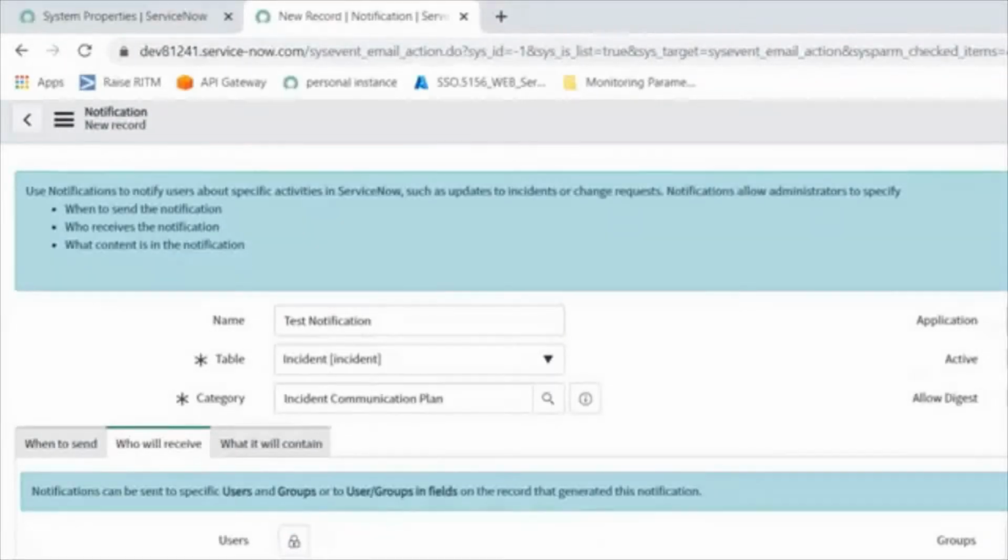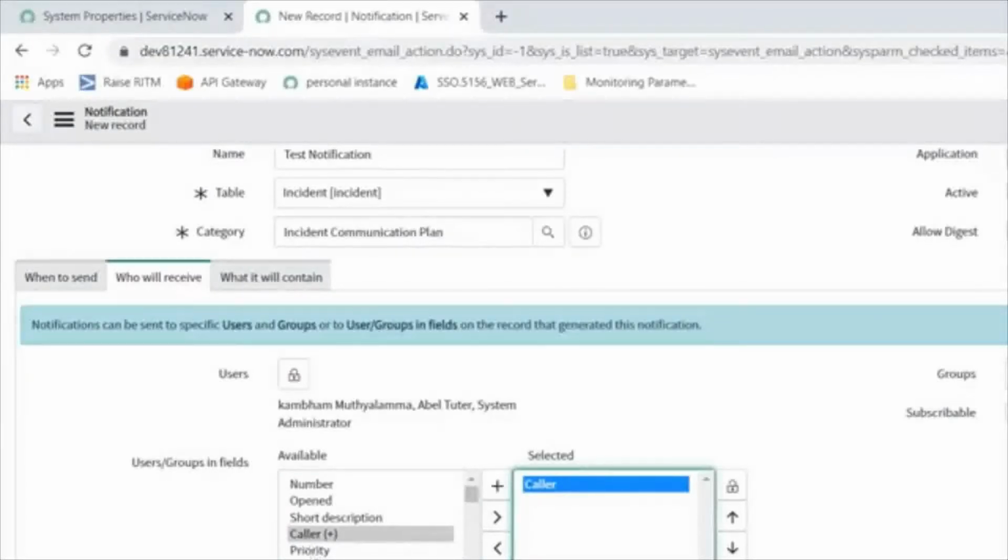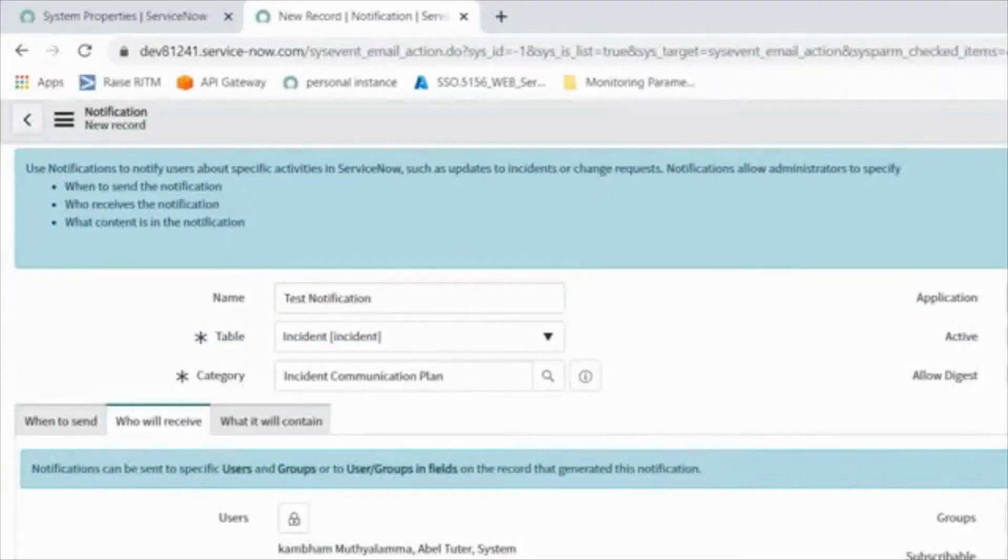So here are users and groups and fields. What users do you want to add while sending this email? Alright, I want to add the color field and the assign to field. Where is the assign to field? Here. After adding, I will lock this field so that it will not unsave or remove my changes, right?